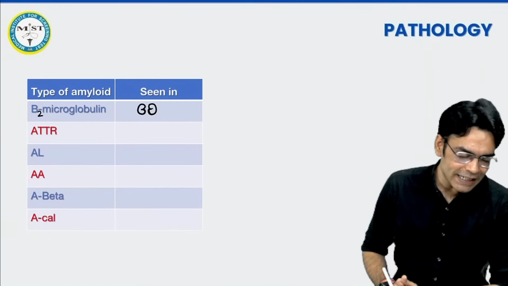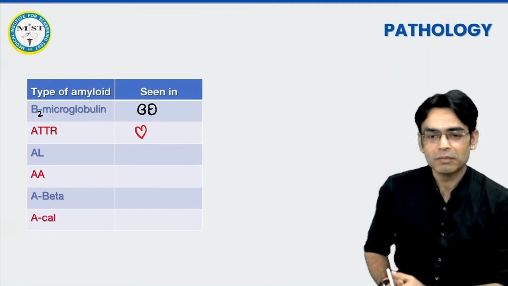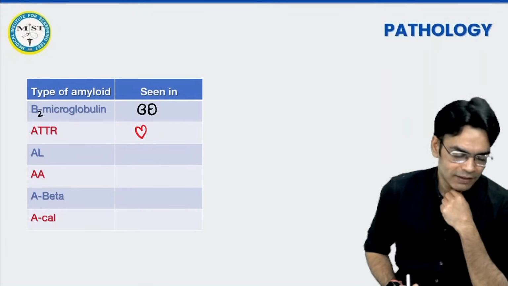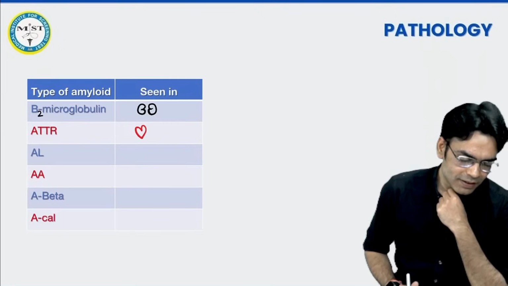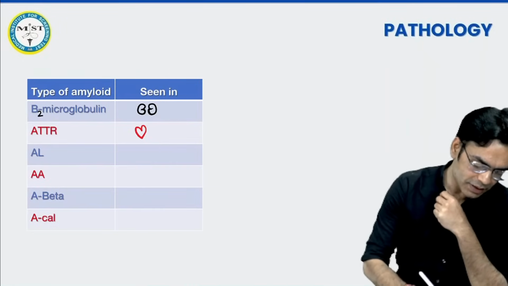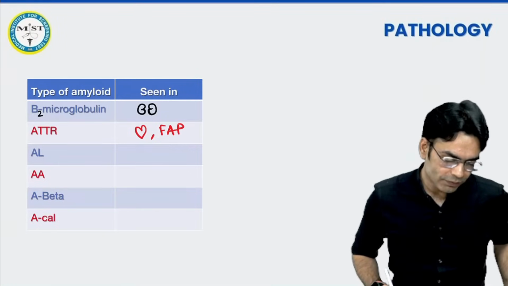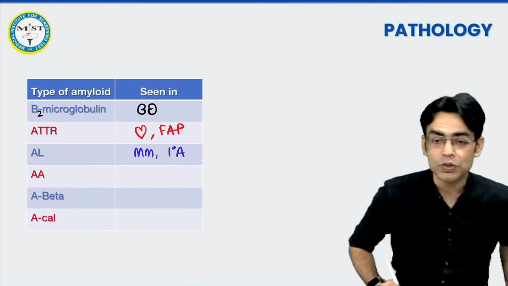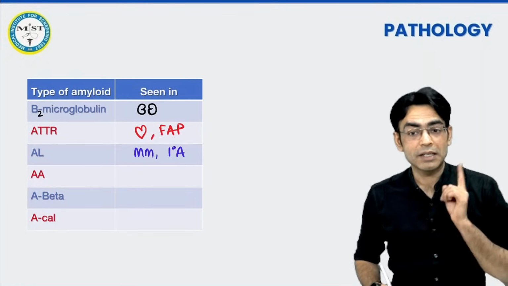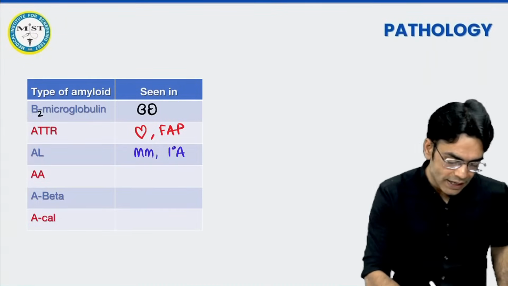चलो फटाफट बताओ बेटा, ATTR किसके लिए है? Yes, you are right, it is seen with cardiac amyloidosis, ठीक है. देन AL टाइप, हाँ फैप के साथ भी दिख सकता है ATTR, you are right. चलो AL किसके साथ दिखेगा छोटू? Yes, again you people are right. It is seen with multiple myeloma. It is primary amyloidosis. Whenever a question on multiple myeloma, that is a plasma cell disorder, or primary amyloidosis, they are asking AL. AA किसके साथ होता है? What is AA with?